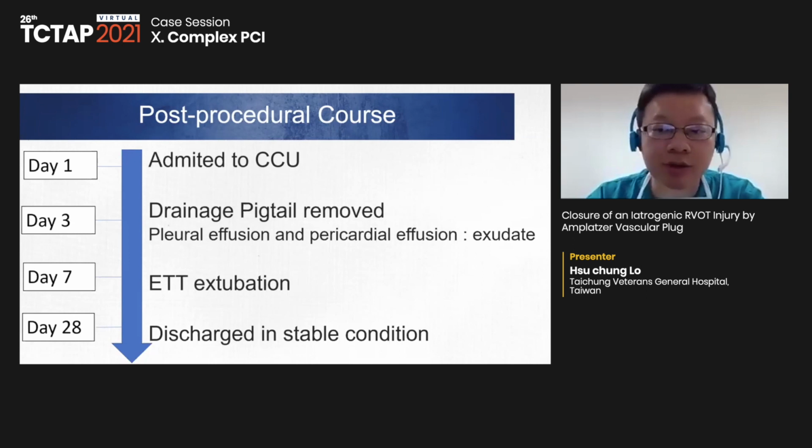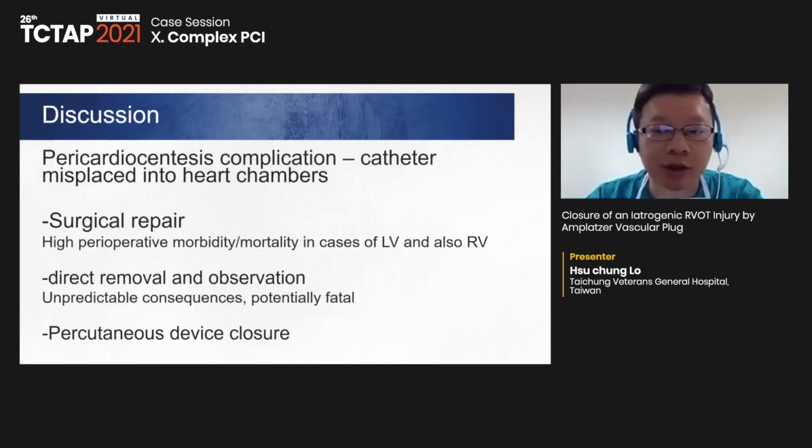Management of a misplaced catheter in heart chambers due to mistaken pericardiocentesis includes surgical removal plus repair, or rate removal followed by